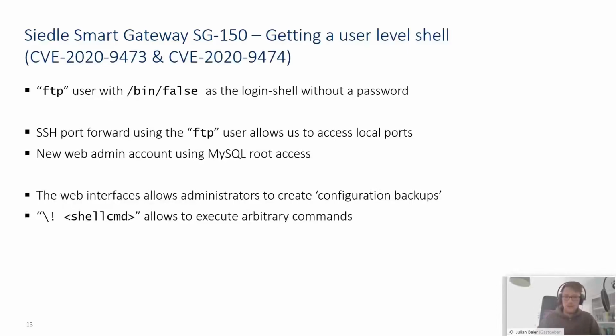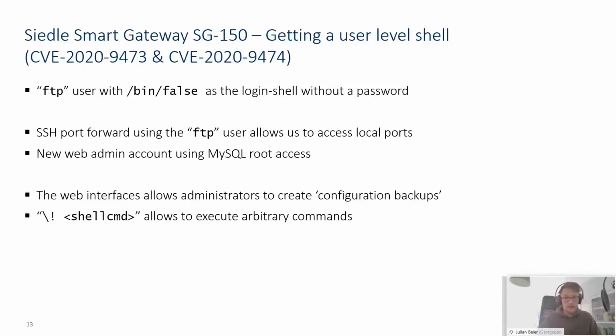The first vulnerability is that the FTP user does not have a password set. With that, I mean, in the etc shadow, there is a completely empty entry in the password field for the FTP user. This is usually the case when the password is either expired or hasn't been set yet, and you are then asked to just set the password, which is convenient for us because we already have an account on the device. The only problem with that account is that the shell for the FTP user has been set to false.